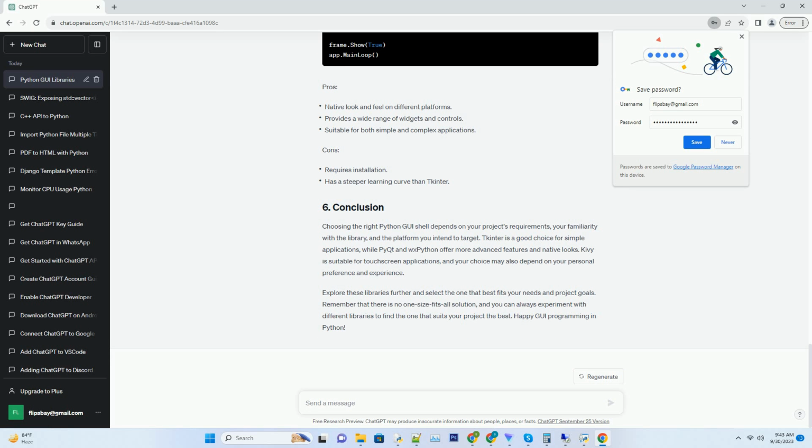Tkinter is the standard GUI library included with most Python installations. It provides a simple way to create windows, dialogs, buttons, and other GUI elements. Pros. Cons. PyQt is a Python binding for the Qt application framework, which is known for its flexibility and extensive